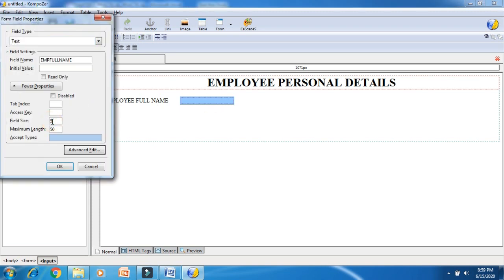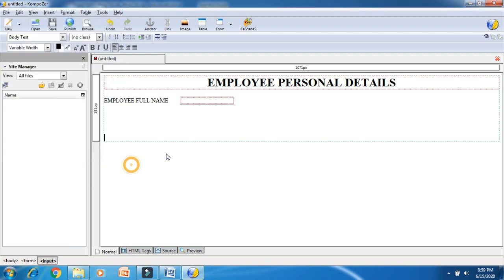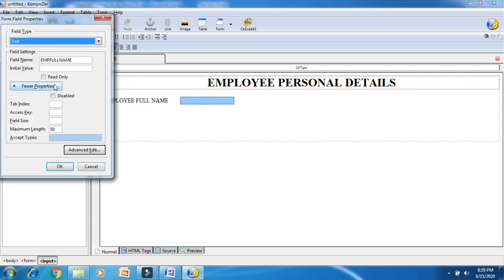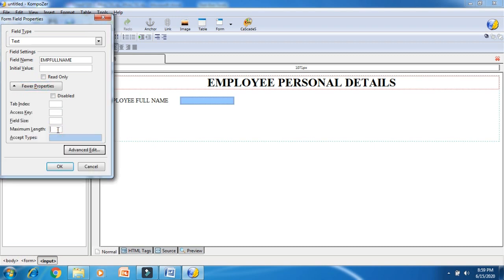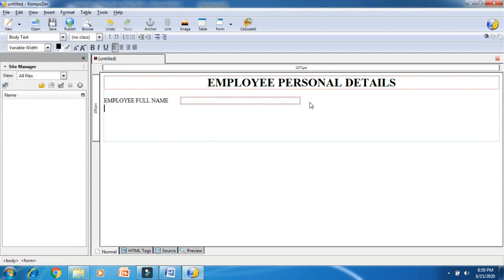Field size. Okay. Students, if you want to increase the size of the text box, for that go to the text box option, double click on it, and here in more properties, in field size write the number 50. So the text box size will be increased.